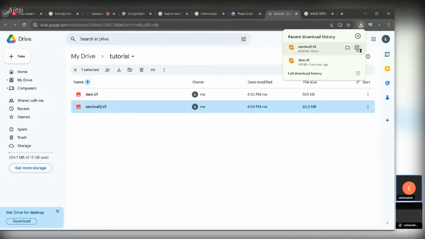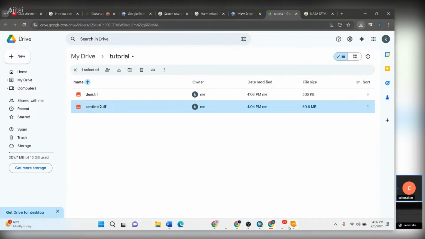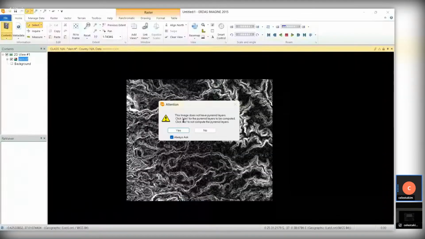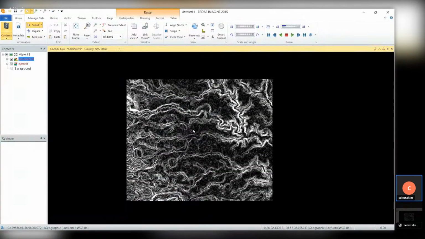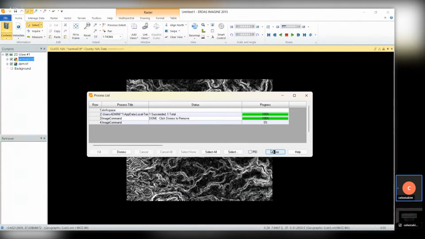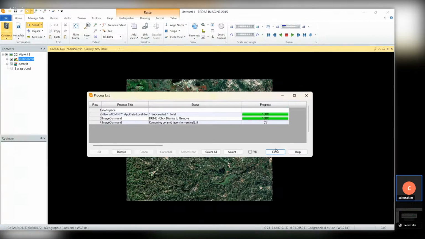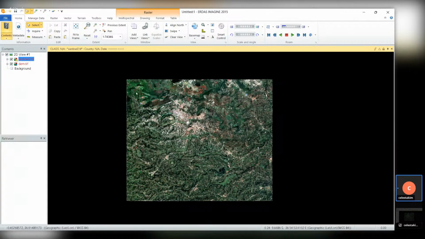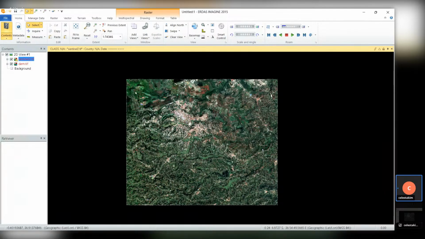So when I hit on this tool here, it should open in ERDAS Imagine. Okay, so it is computing some parameters. Very nice. You can see now, just as we exported it,